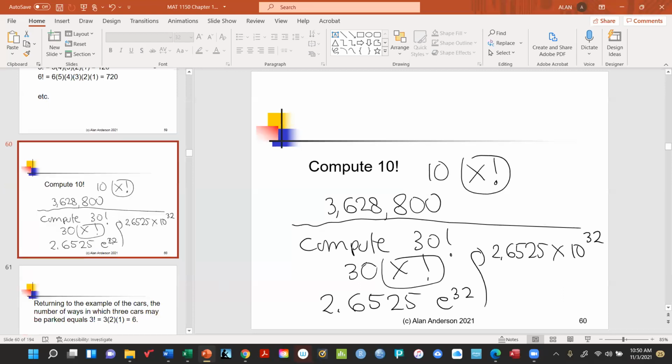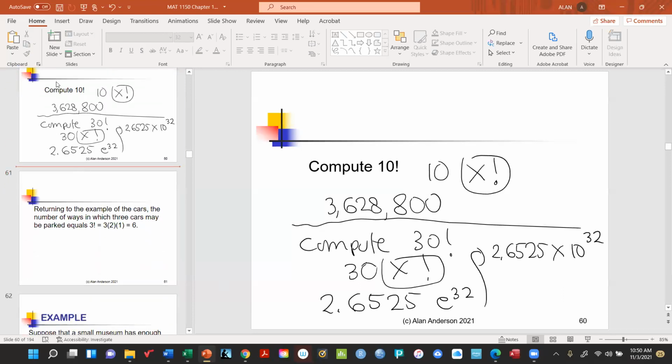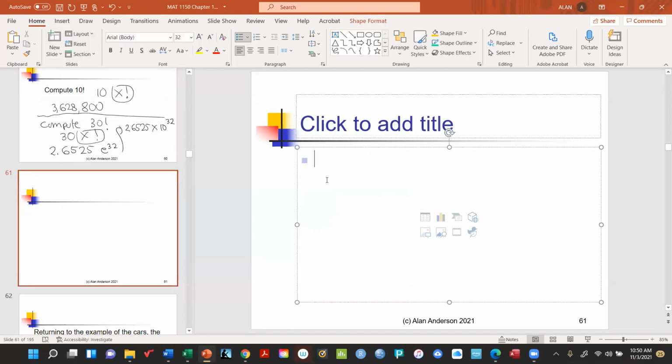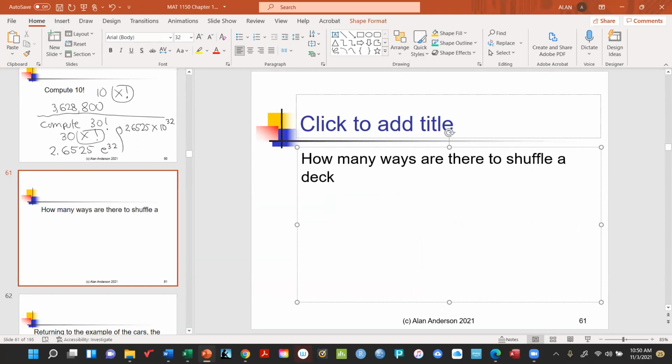And based on the video we saw, how many ways are there to shuffle a deck? Now, with a deck of cards, when you shuffle them, they're in a particular order. The first card is on top, the last card is on the bottom. And so that would be 52 factorial. So if you type that into your calculator,